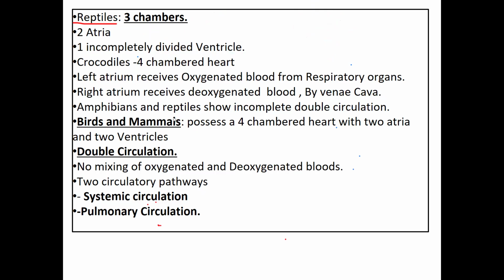So amphibians and reptiles show incomplete double circulation. Okay, so then the birds and mammals possess four-chambered heart with two atria and two ventricles, and they also exhibit